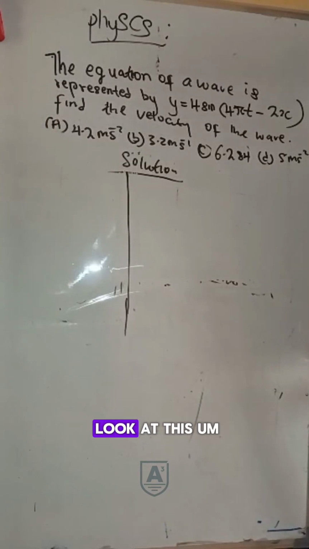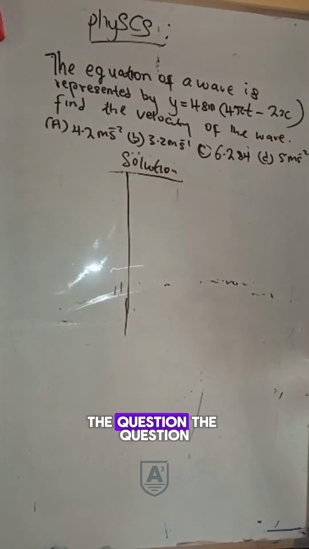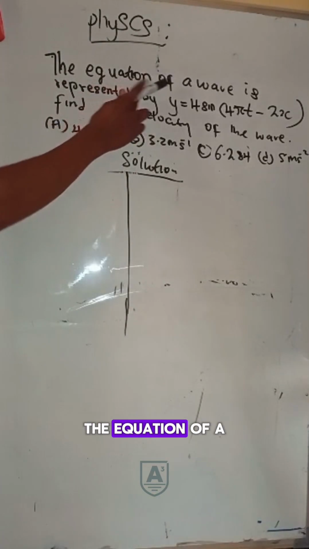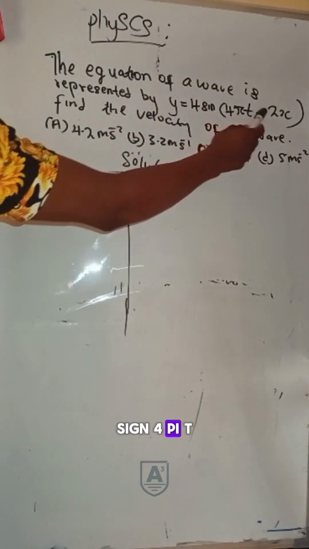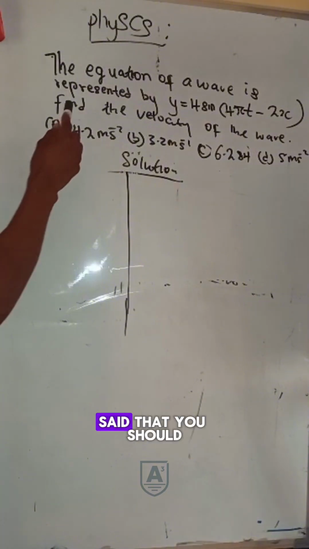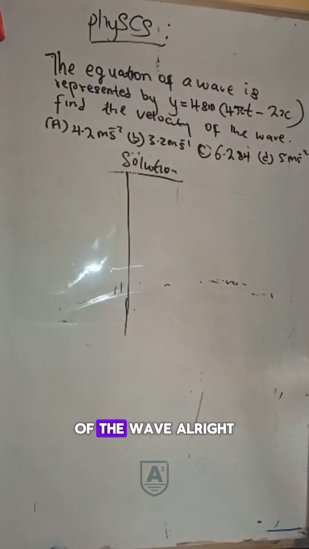All right, let's quickly look at this JAMB question. The question says the equation of a wave is represented by y equals 5 sine (4 pi t minus 2x), and the question says you should find the velocity of the wave. All right, now the first thing we do is that